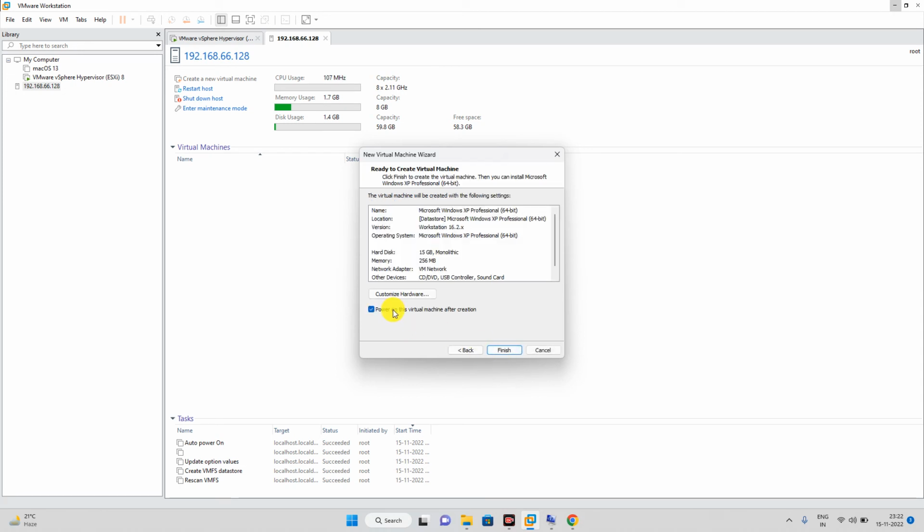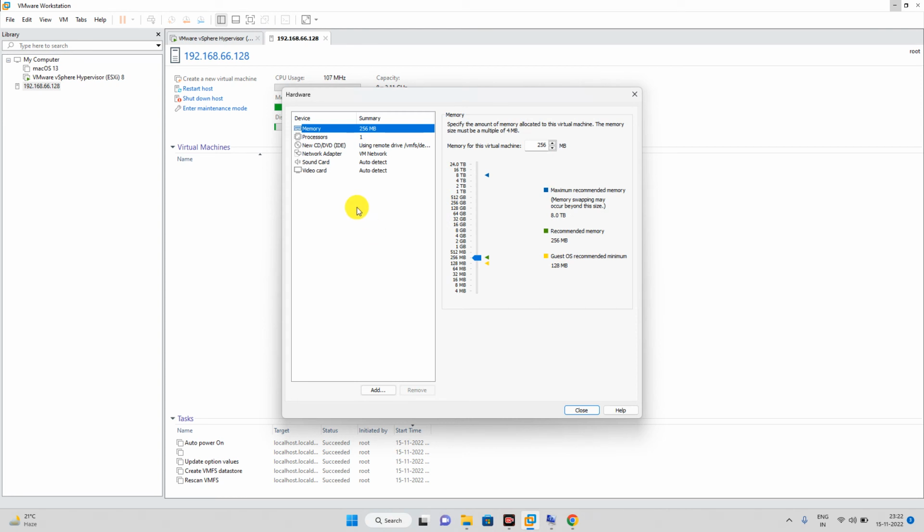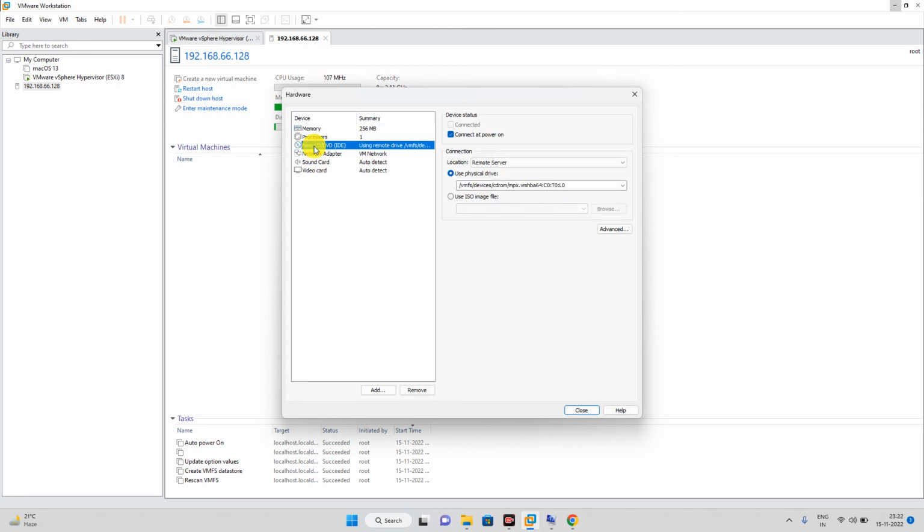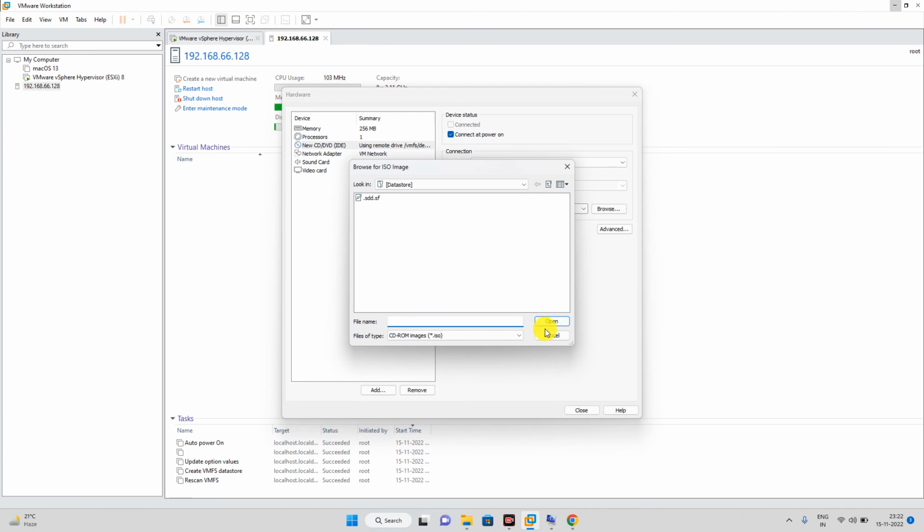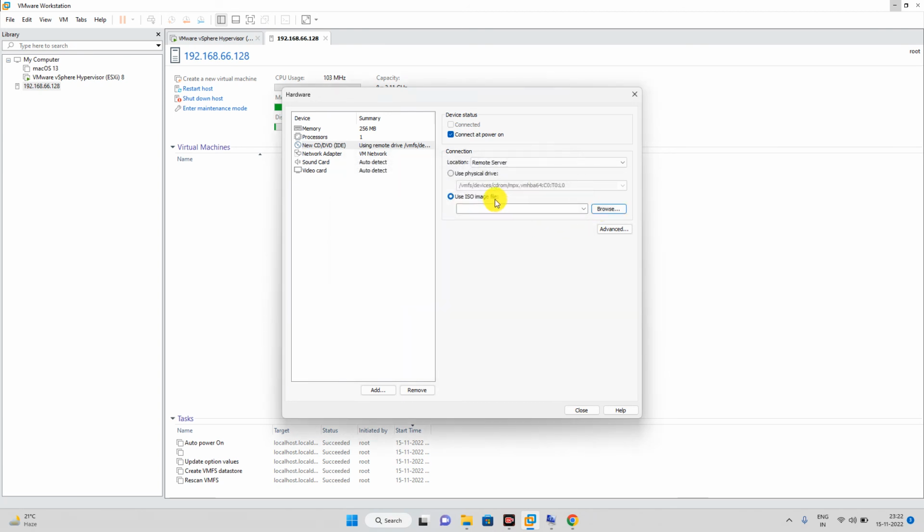Power on this virtual machine? No, because I have to add the ISO file, I have to mount it. So go into the customization, and here you can use the ISO. If you choose this option,